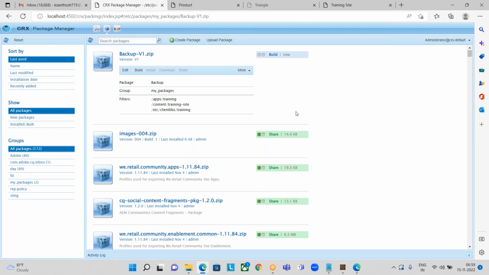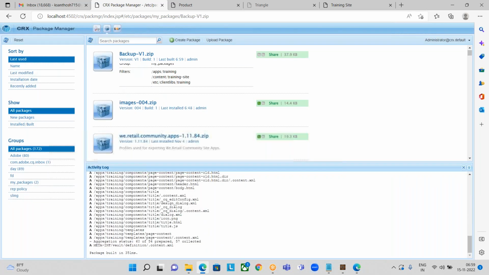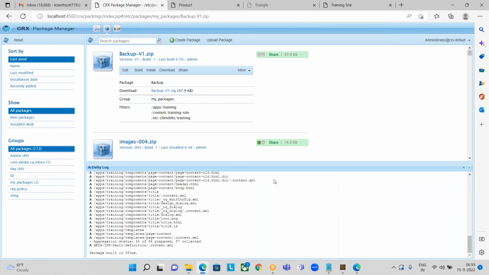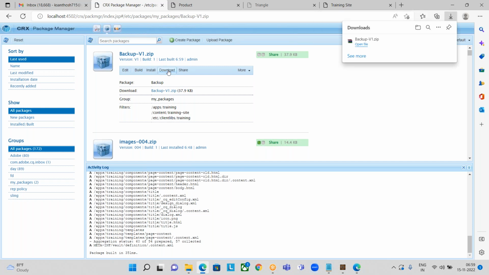Now give a build. There is one build option. Build it. You are building the package. Now you can download it. You will download a zip file, and in this zip file, whatever we developed till now, everything is there. Let's say someone has not done all the exercises. He can install this package using package manager, and he will be able to get all those things that we have created. So share this package with everyone,